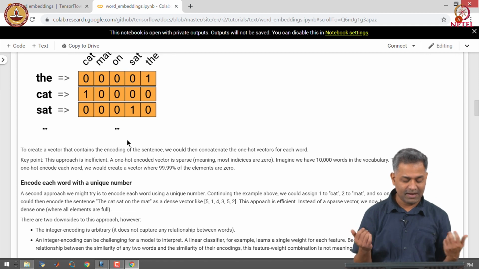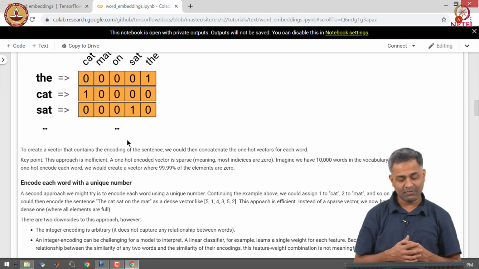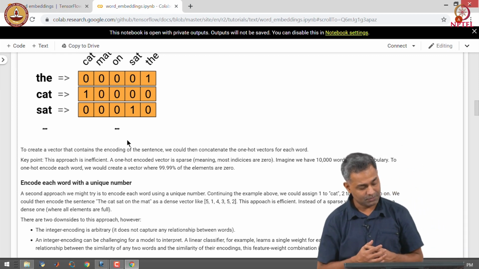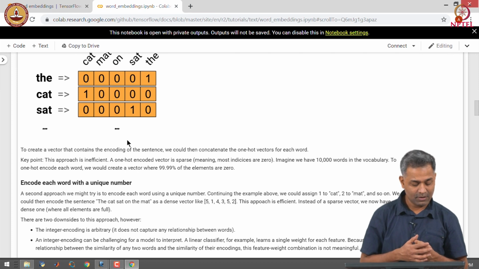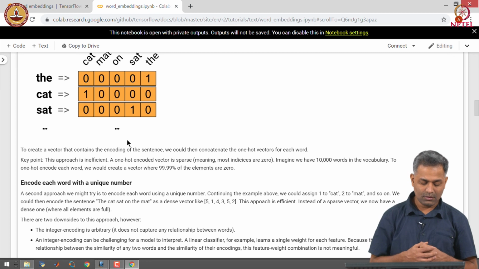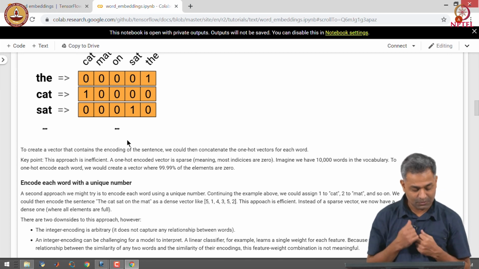But this is terribly inefficient because a large percentage of positions will have 0. Imagine a 10,000 word vocabulary and if you use one hot encoding for each word, a very large percentage of positions will be 0.